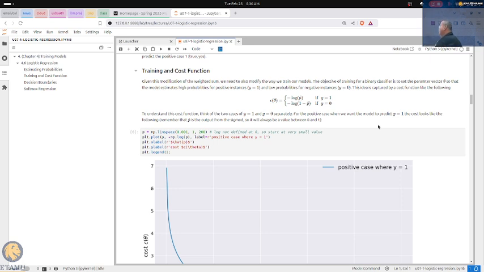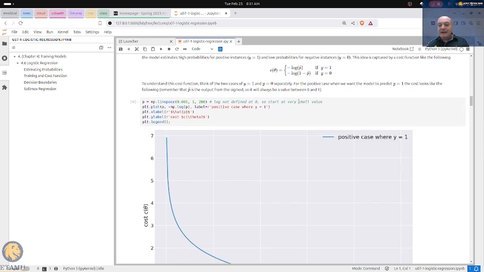The root mean squared cost function that we use for a regression problem doesn't work well here when we squash it through the sigmoid. So instead, we want to modify our cost function. I think it's easiest just to think about the modification, then we can go back and think a little bit more about why the root mean squared error doesn't work as well. So the idea is